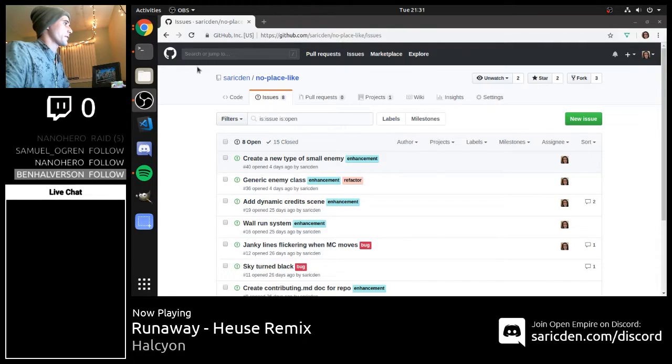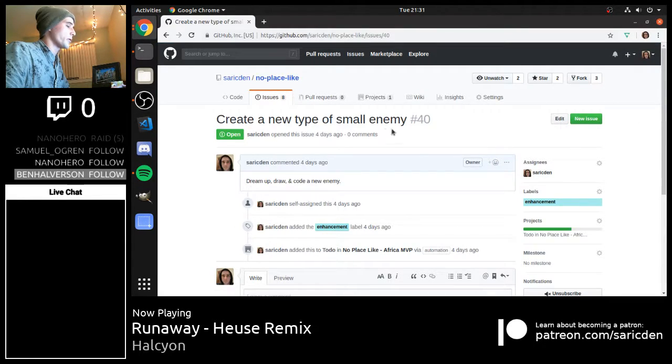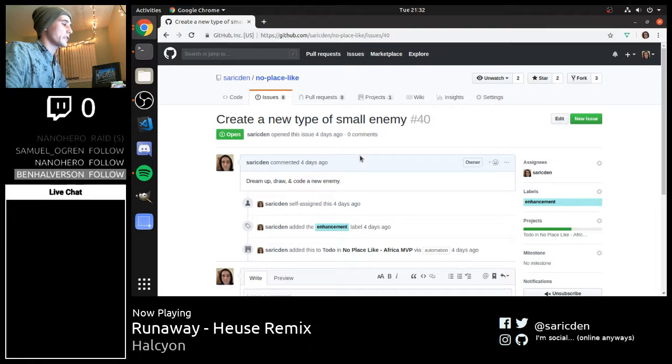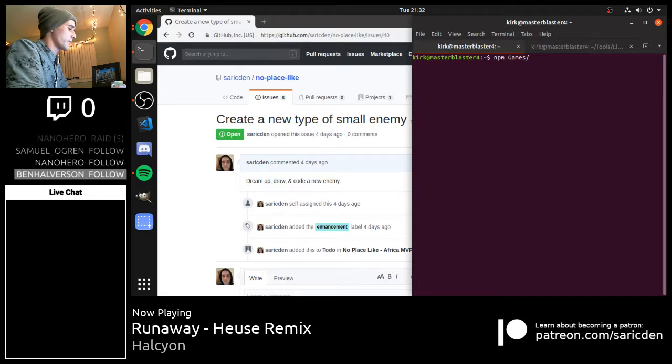Alright, let's get at it. Welcome to my world, welcome to my screen. We're looking at the issues page for No Place Like, and first thing I'm going to do is open up the issue for creating a new type of small enemy. This is Dream Up Draw and Code, a new small enemy, and we've got quite a lot done on this already, actually. So if I head on over to my games directory on my machine,